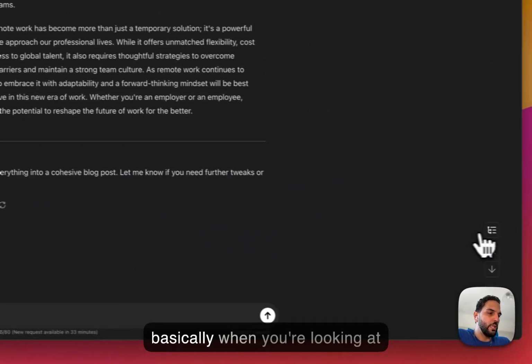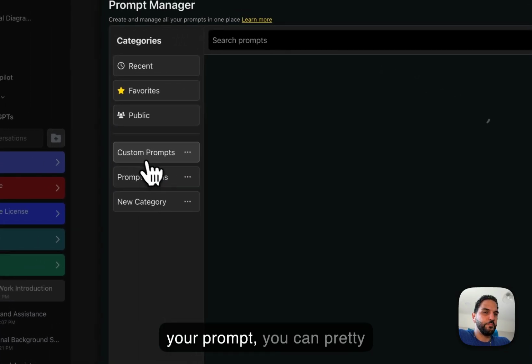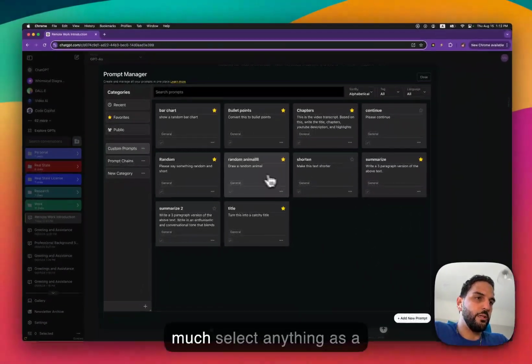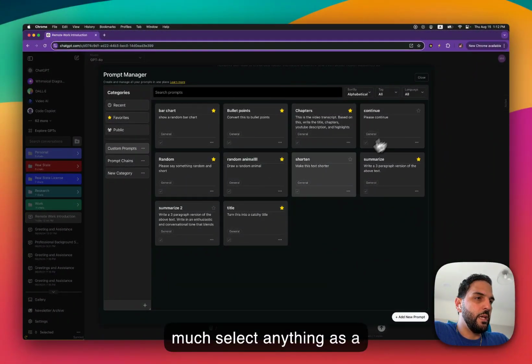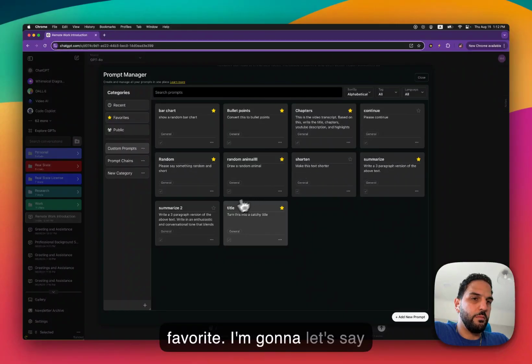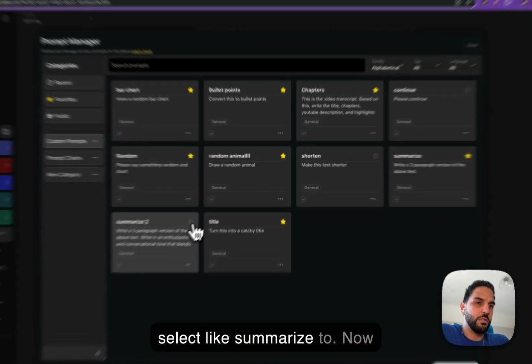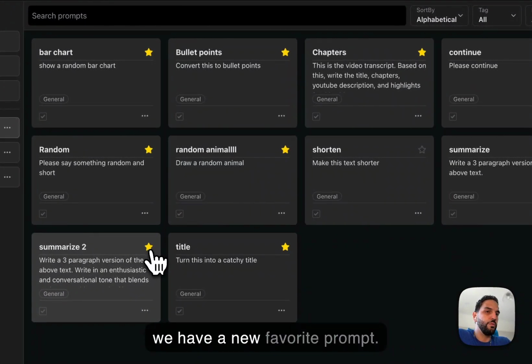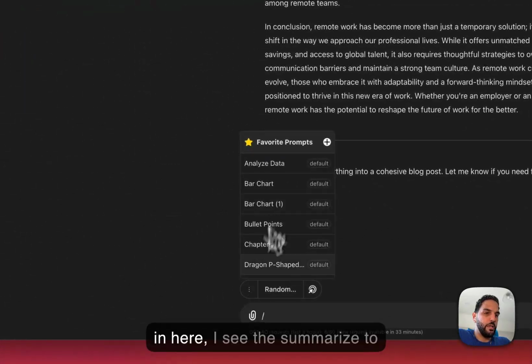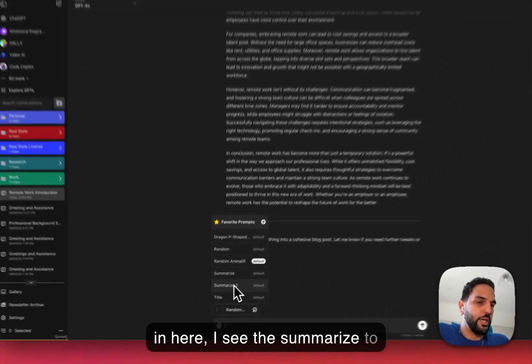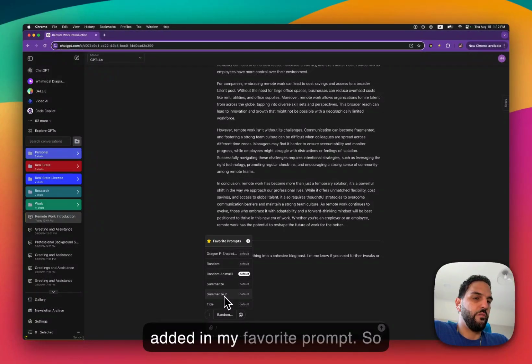So basically, when you're looking at your prompt, you can pretty much select anything as a favorite. Let's say, select summarize to. Now we have a new favorite prompt. And if I close this and I go back in here, I see the summarize to added in my favorite prompt. So that's a new way to add prompts into